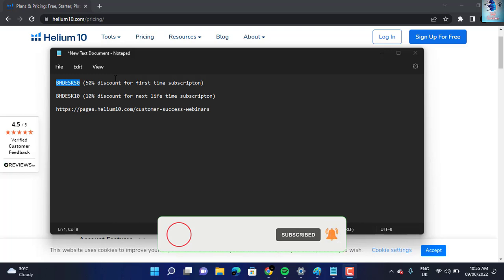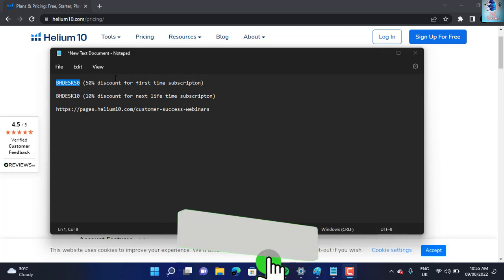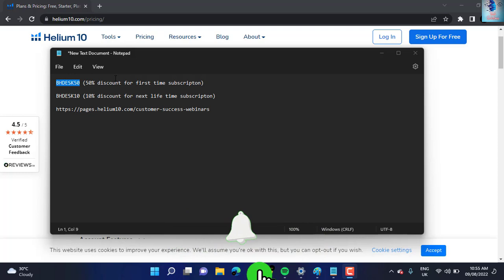After 1 month, when you have to renew it, you can use BHDesk10 and it will give you 10% discount, and you can use it for a lifetime. BHDesk50, you can use it for your first time subscribing to Helium 10. Since this is our first time, you are going to select BHDesk50,